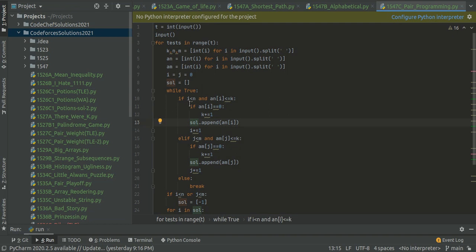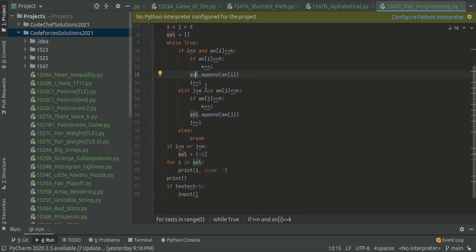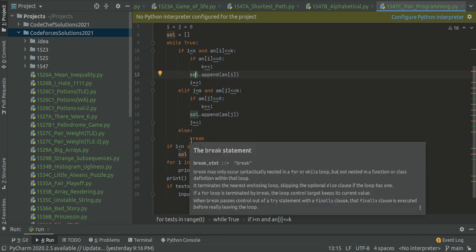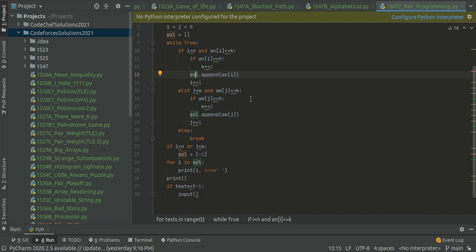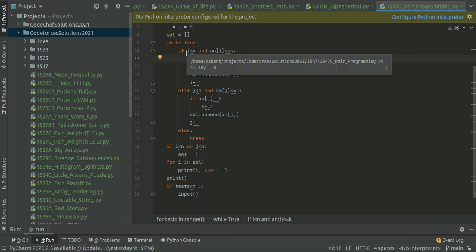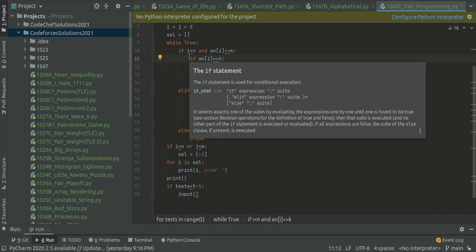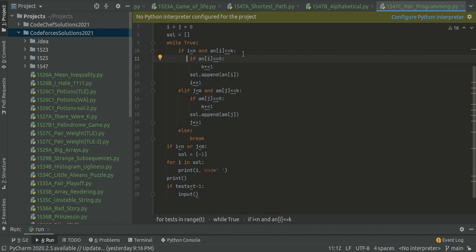Now we start from the ith index and make a while loop with true. Only when both conditions fail will we break out of the loop. We check if i is less than n and if a[i] is less than or equal to k, then only we enter this condition.